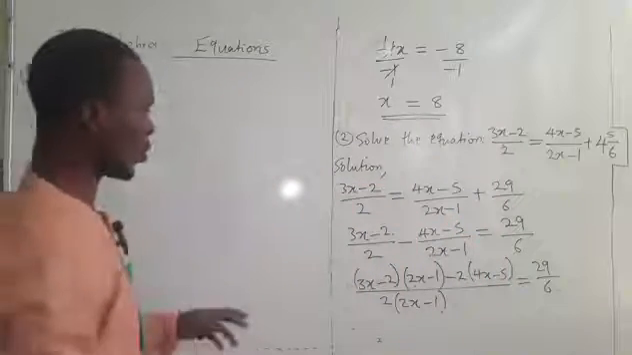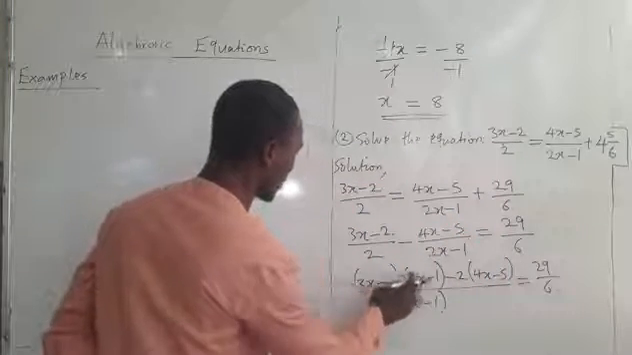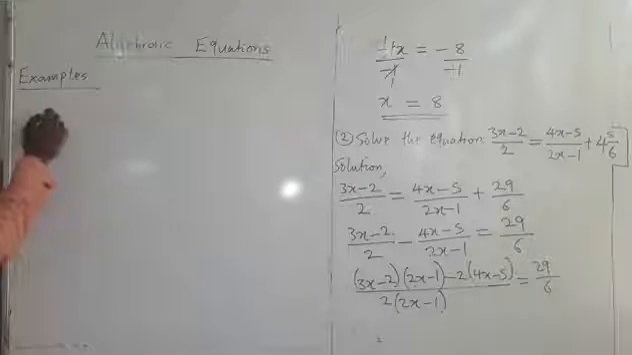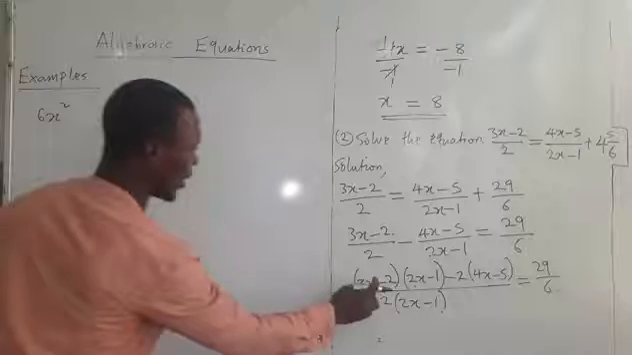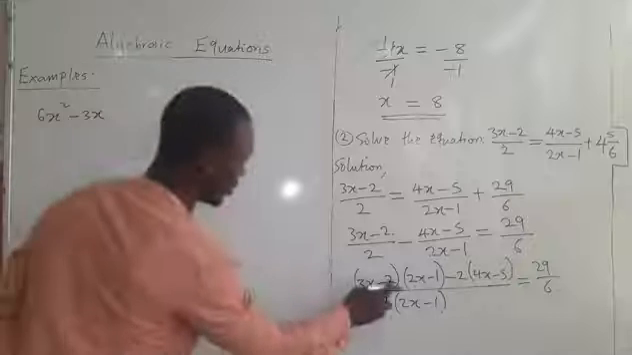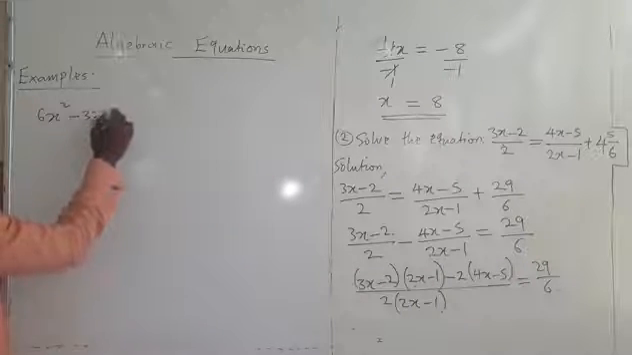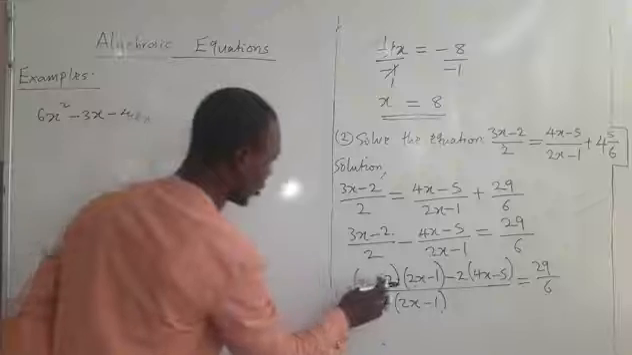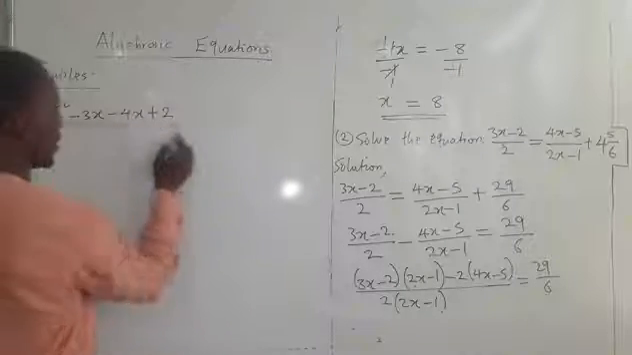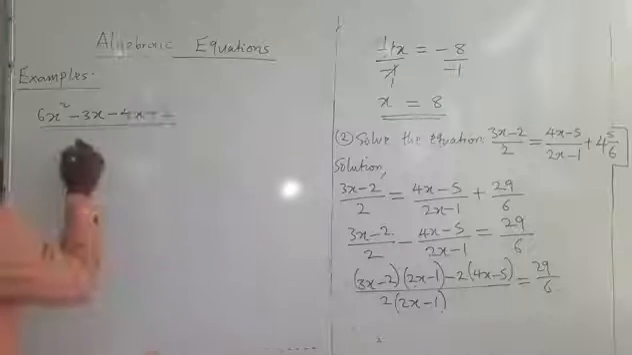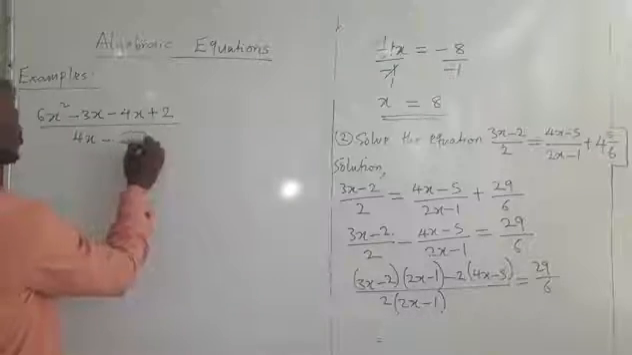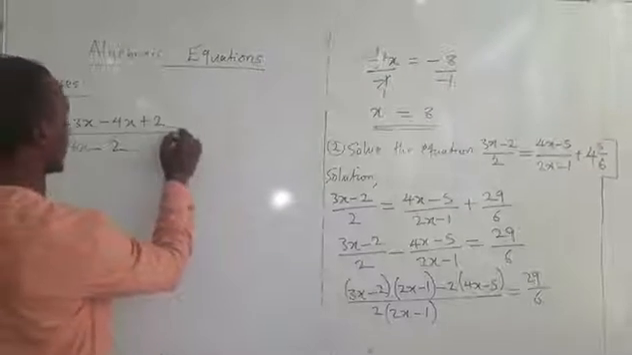So the next thing to do is to open the bracket. We have 3s multiplied by 2s, that is 6s squared. Then 3s multiplied by minus 1, that's minus 3s. Then minus 2 multiplied by 2s, that's minus 4s. Then minus 2 multiplied by minus 1, that is plus 2, all over 2 multiplied by 2s, that is 4s, minus 2 multiplied by 1, that's 2, equals, we still have